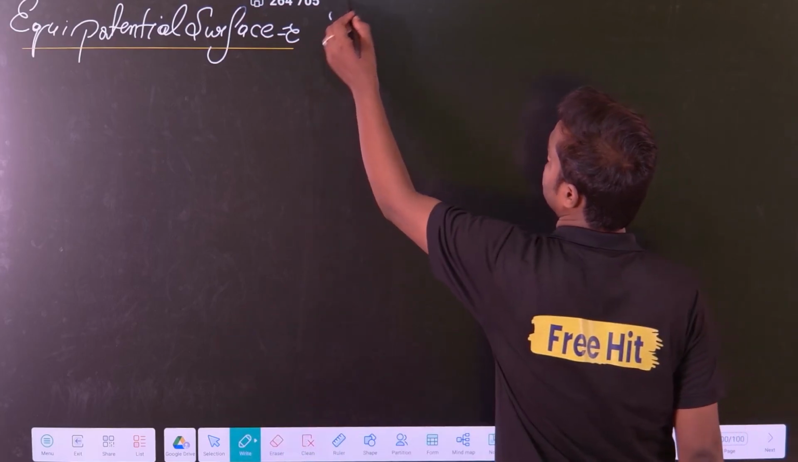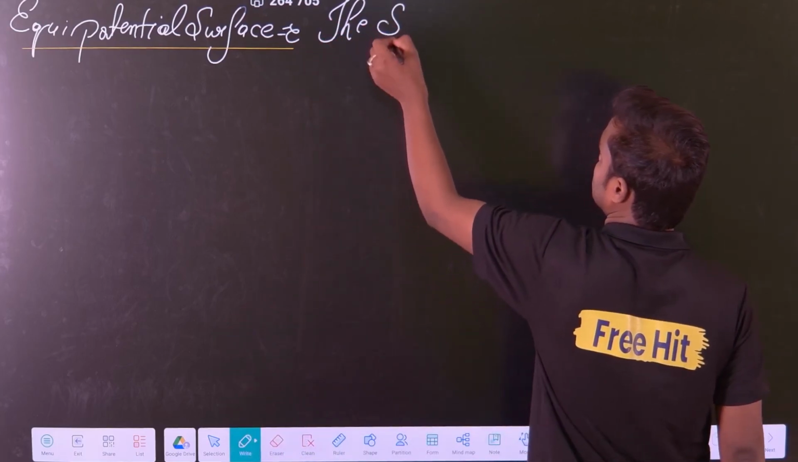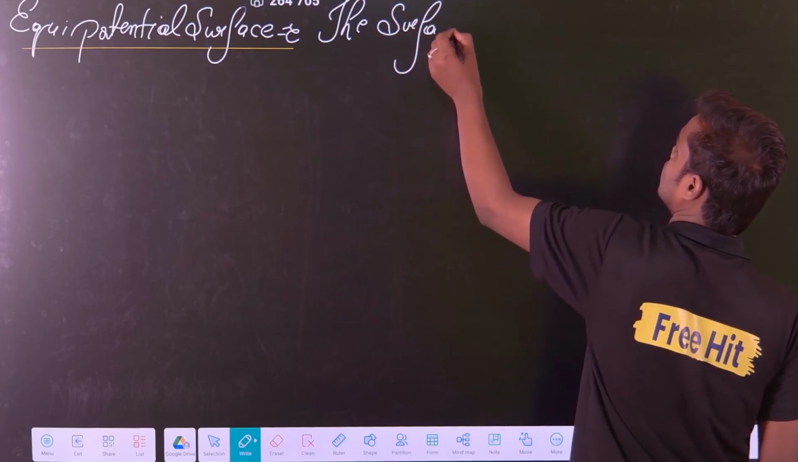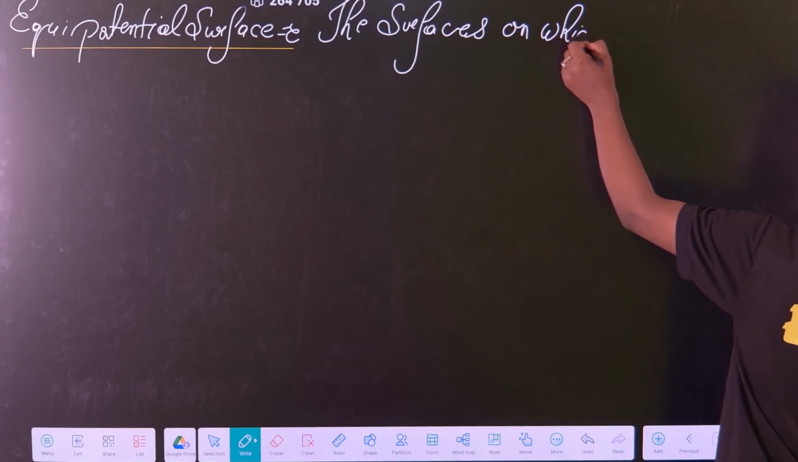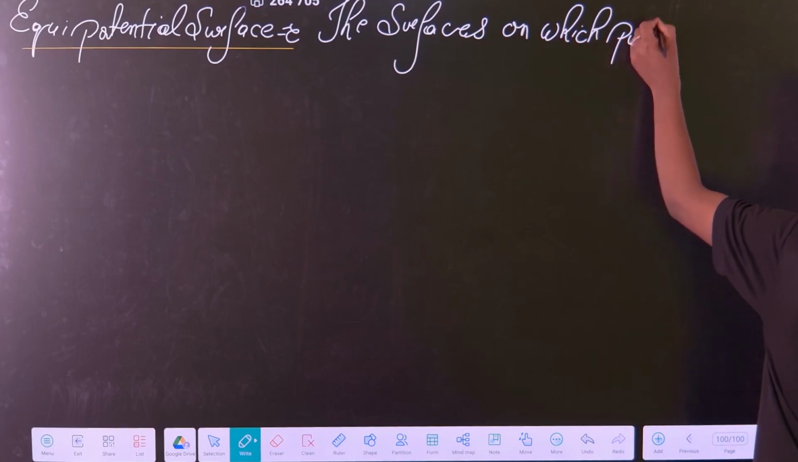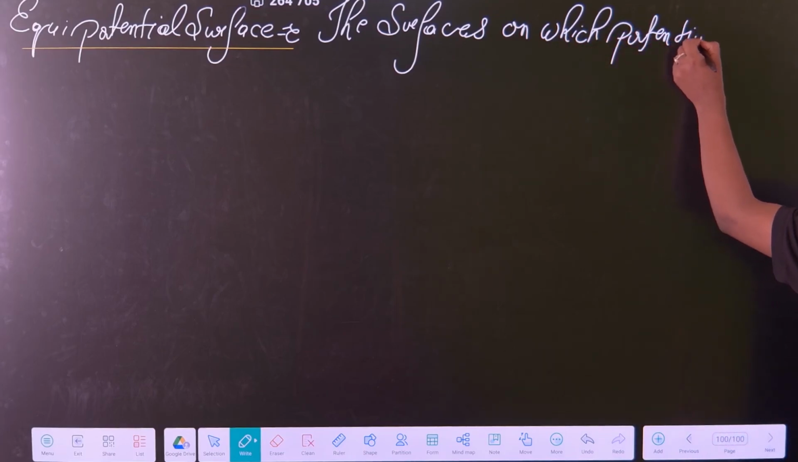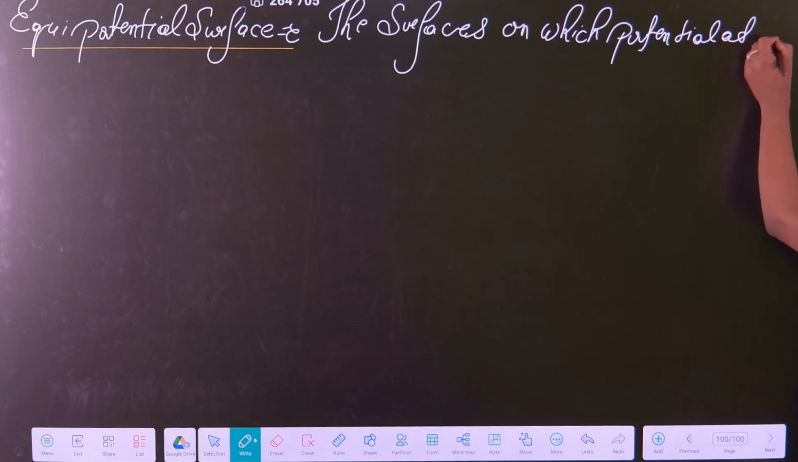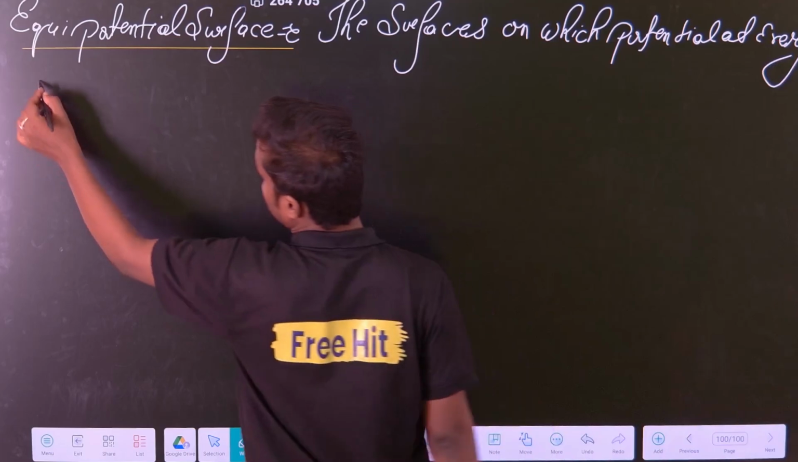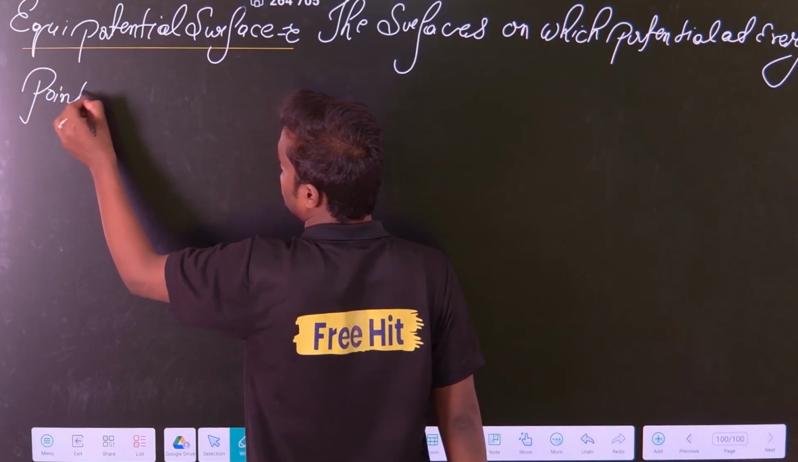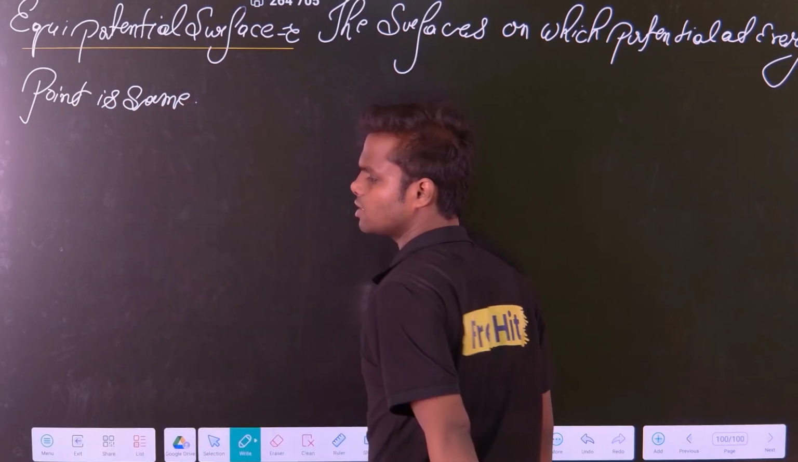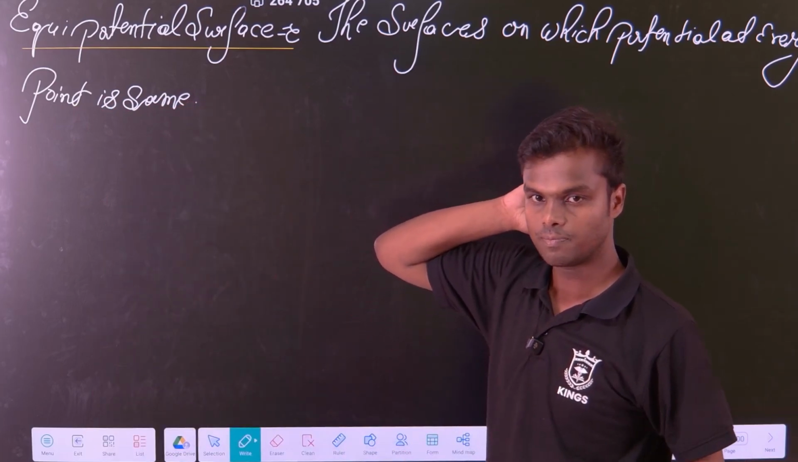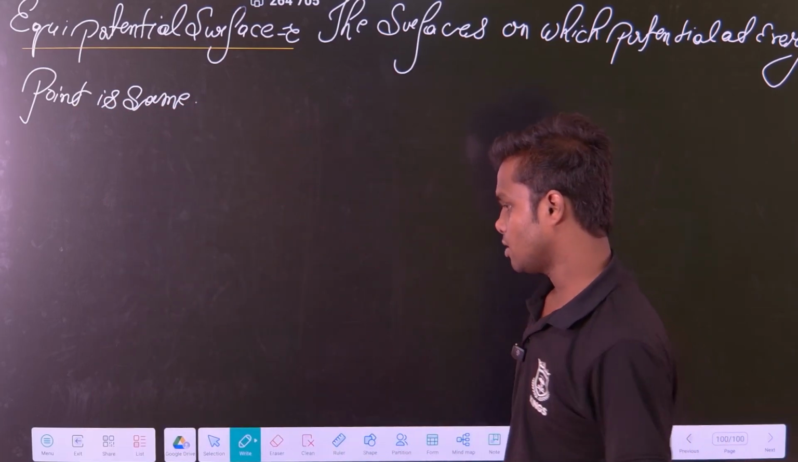Okay, the surface, it can be any type of surface, 3D, 2D, any type of surface on which the potential at every point is same. Okay, that is called the equipotential surface. Okay, clear? Okay. Next thing is that,